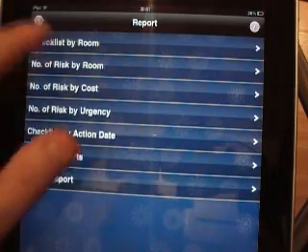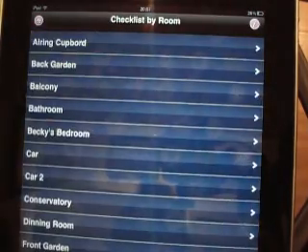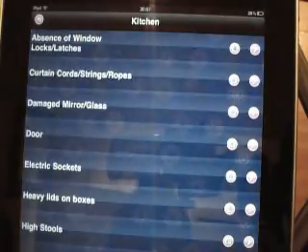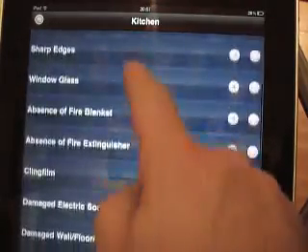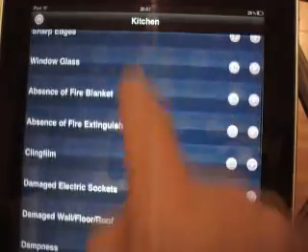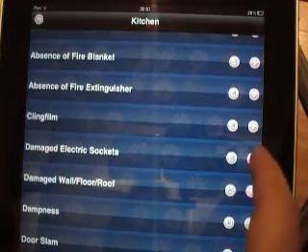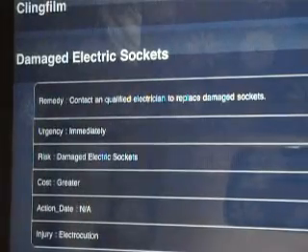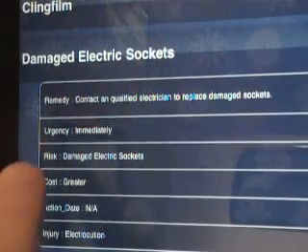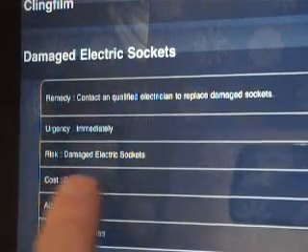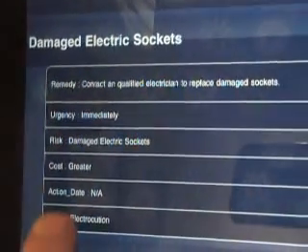So if we go into checklist by room and we look down through the rooms, let's look into kitchen. Here you'll see a list of the risks identified in the kitchen, and let's tap into damaged electric sockets. Here we can see full details of the risk. BabyProof displays the remedy, urgency, which is immediately, the risk, damaged electric sockets, the cost